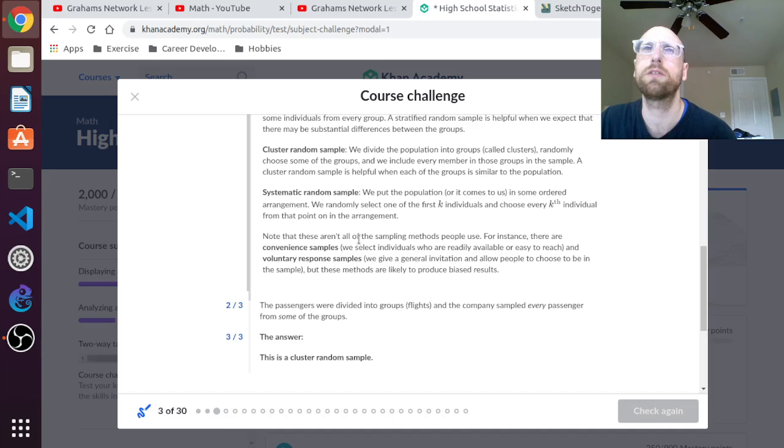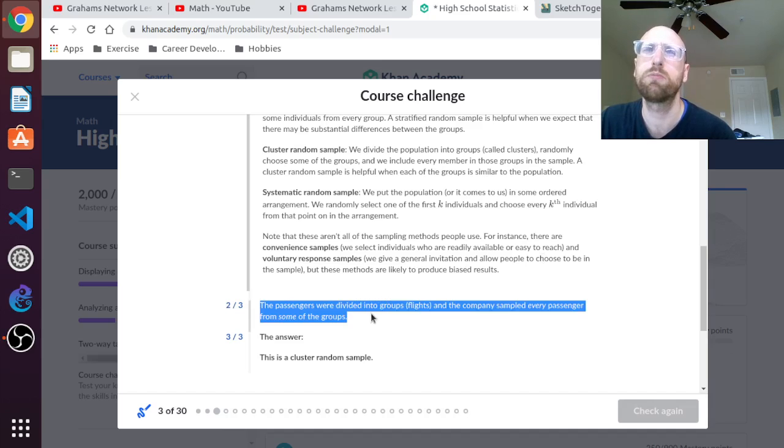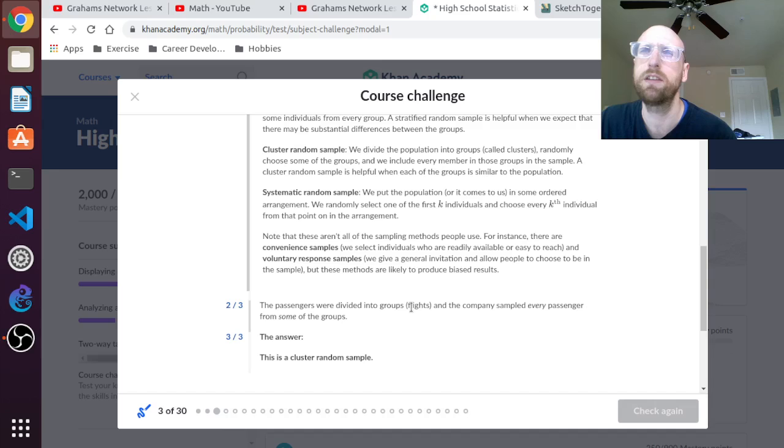Note that these aren't all of the sampling methods people use. For instance, there are convenience samples: we select individuals who are already readily available or easy to reach, and voluntary response samples: we give a general invitation and allow people to choose to be in the sample. But these methods are likely to produce biased results. The passengers were divided into groups, flights, and the company sampled every passenger